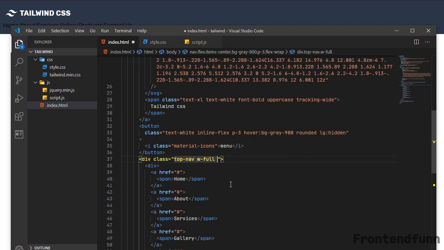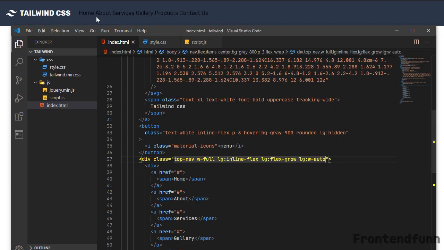Next, on the large screen devices I'll be making it inline-flex. I'll display it as inline-flex, and I'll apply lg:flex-grow. Okay, and we don't want the width to be full, that is 100%, on the large screen devices, so I'll just apply lg:w-auto.